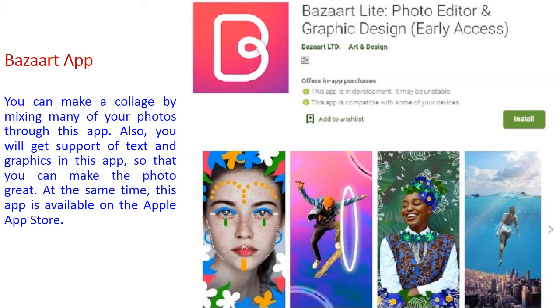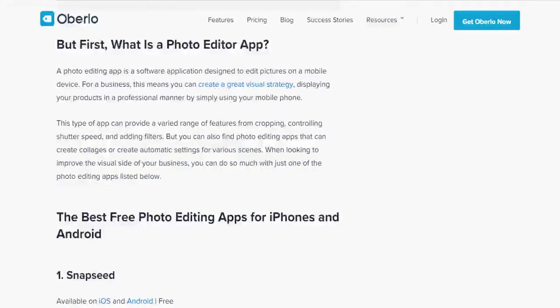So today we'll discuss 8 mobile photo editing apps for Android and iPhone users, including Snapseed and Lightroom. Now we'll watch the website report about the photo editing apps for Android and iPhone. So go to the website. Okay friends, now we'll watch the website report on the topic, the best photo editing apps for Android and iPhone, including Snapseed and Lightroom.